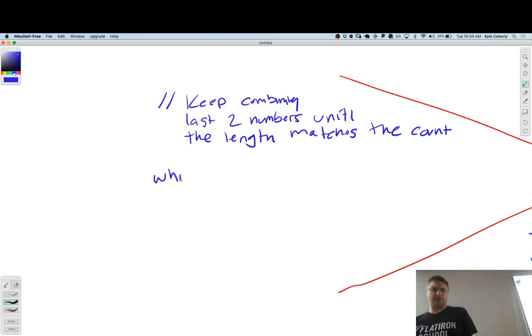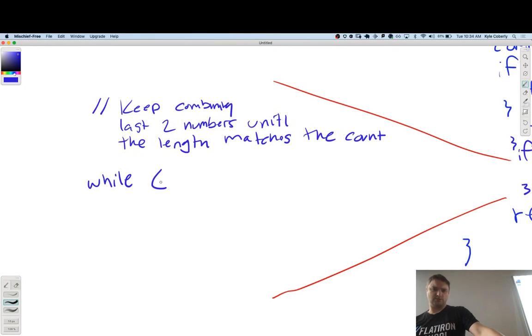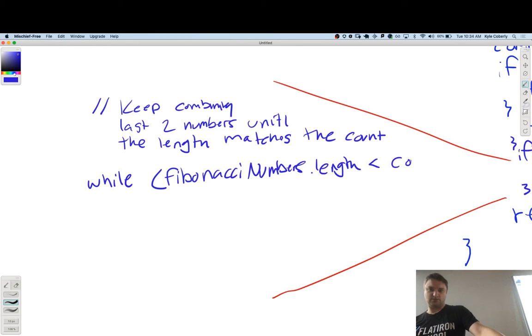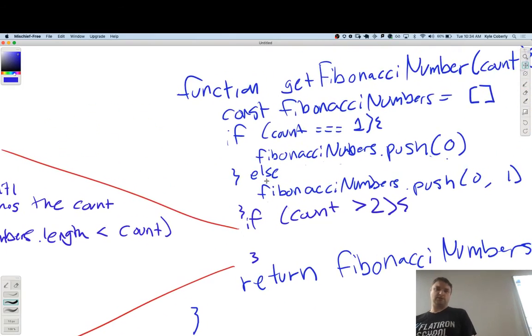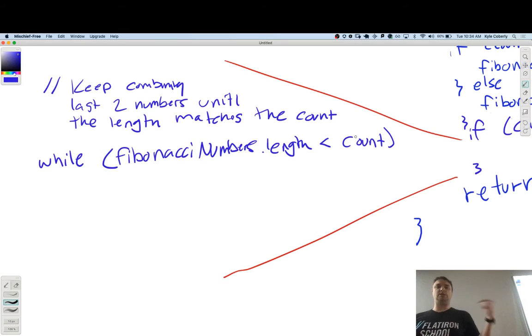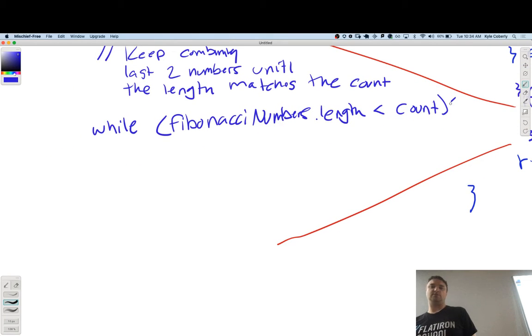So we could say something like while Fibonacci numbers dot length is less than count. Let me see if it'd be less than or equal to. So I want to keep, well, I'll do it at the end. It's an easy thing to fix later.